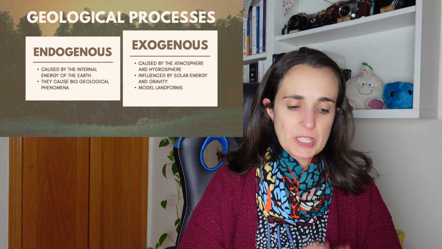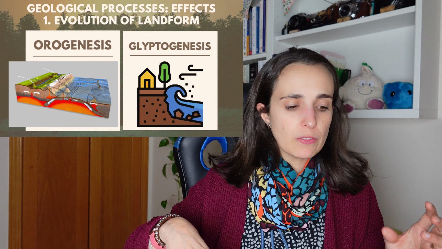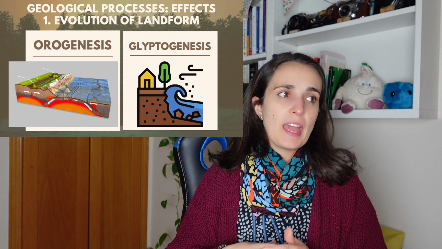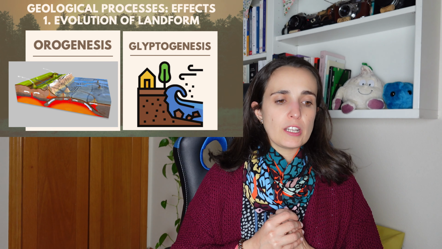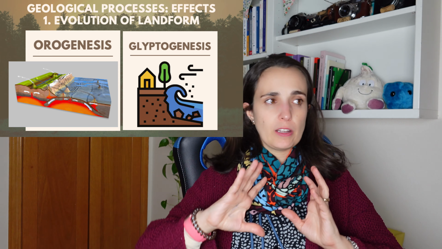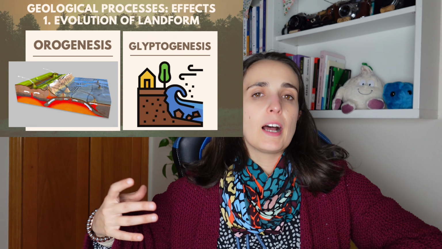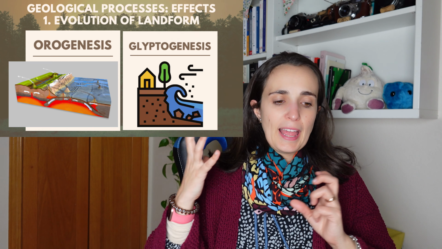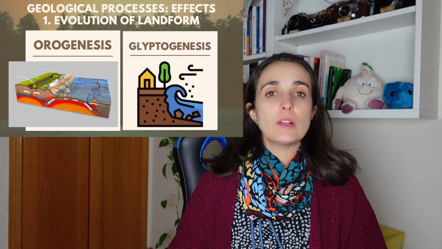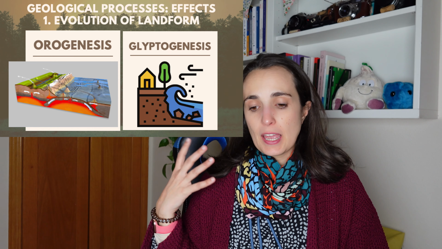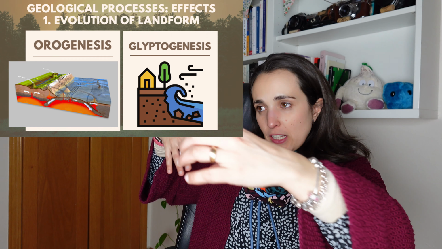So talking specifically about those changes in the surface, in the morphology of the surface of the Earth, that is the landform, okay? We will talk specifically about 2 types. One that will create new shapes, and another process that will degenerate old shapes, okay? The one that creates new shapes is orogenesis, which is the creation of new chains of